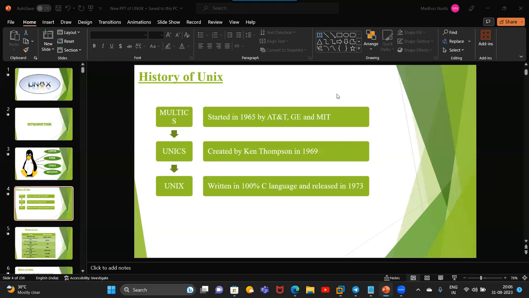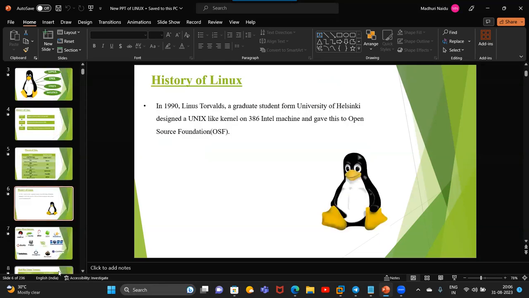Now, coming to the point. So, what is Linux? Linux is an operating system. Before starting the Linux classes, like installation of the operating system and what commands are there in Linux, first I will explain what is Linux and what is the use of Linux. Okay, so Linux is an operating system